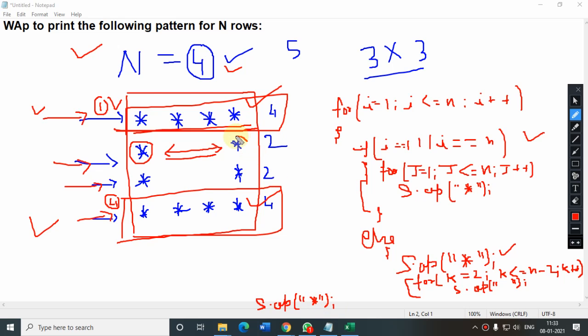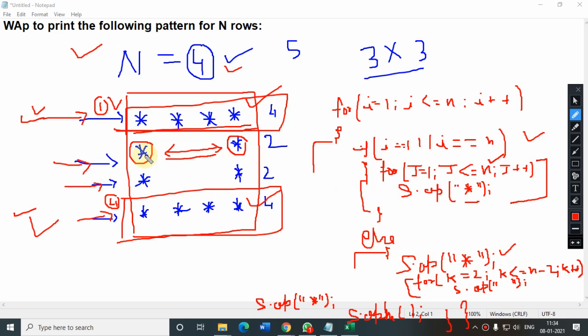So from here, you will get this. And after that, again, on the next line, you will change the line. Then you will close this curly brace. Then one more curly brace at the end you will close. I hope this one is also clear, everyone. The basic logic I have used: if the number of rows is 1 or last, then we are directly printing all the stars, how many times? N times. And if it is not, that means the else.